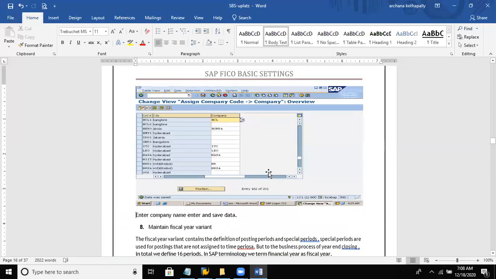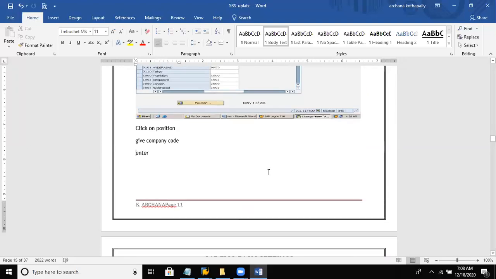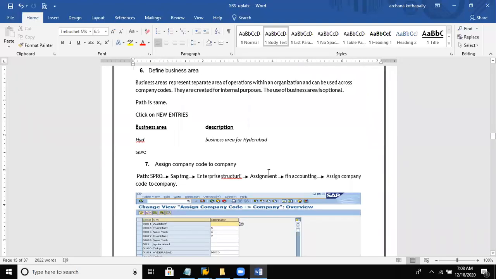Next we have done the business area configuration. We said that we have business areas in different locations, right? So we created one business area called DELI, and we said that it is for our India location.